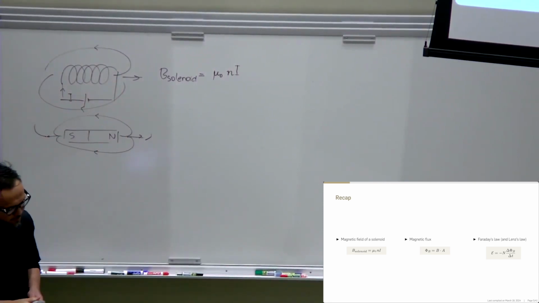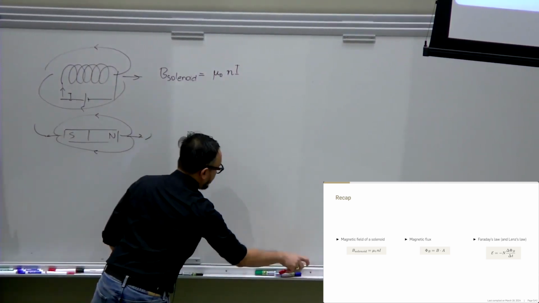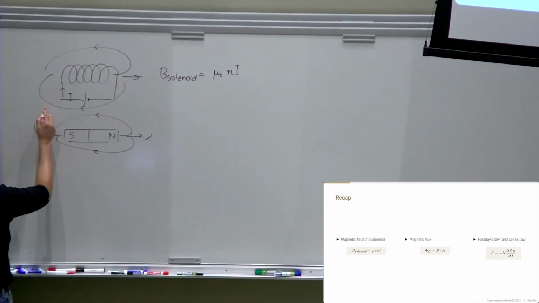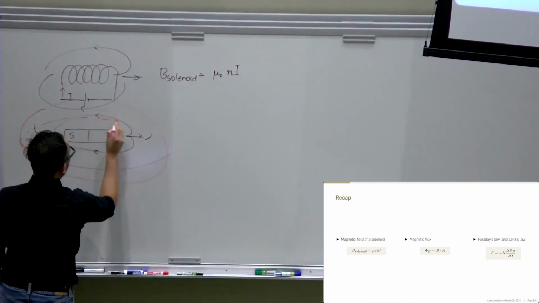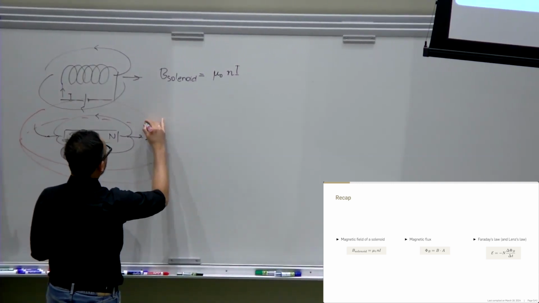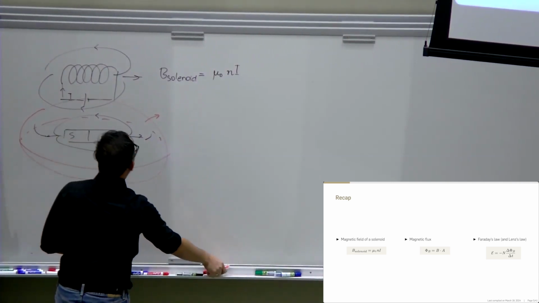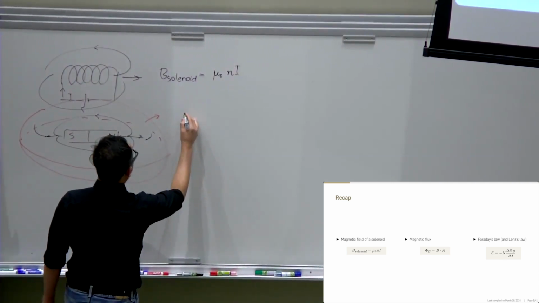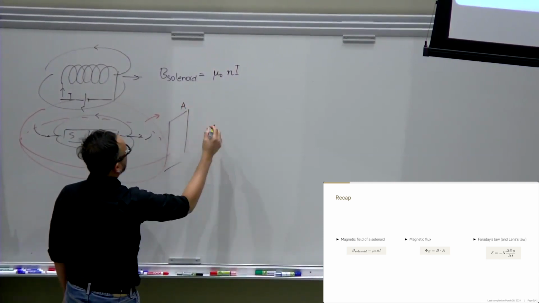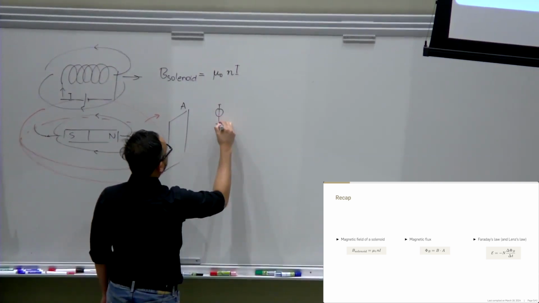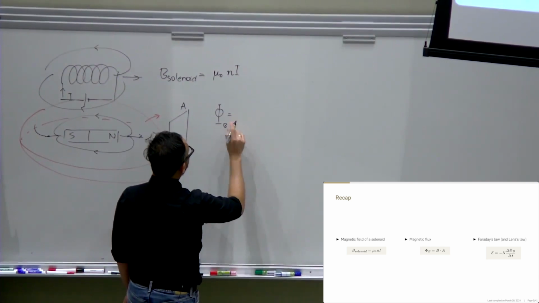Okay, so that's one. So one thing that we mentioned in the class before is that if you have a closed surface, so this is a closed surface here, then the flux is 0. But if you have a not closed surface like this, for example, this is a surface or area, then the flux is equal to, so this is the flux